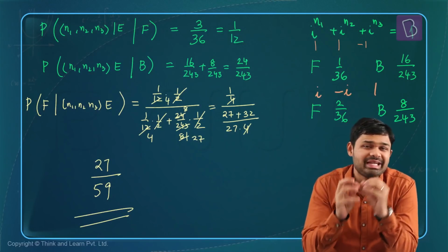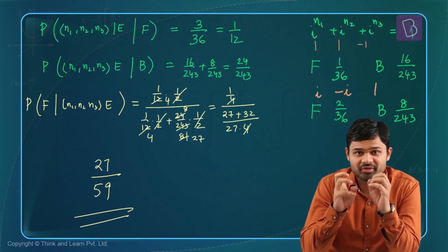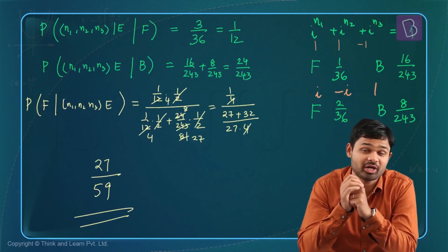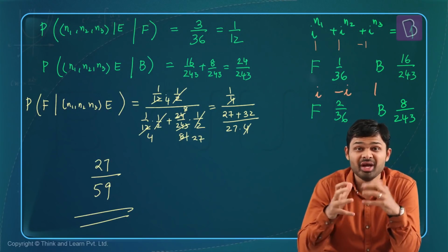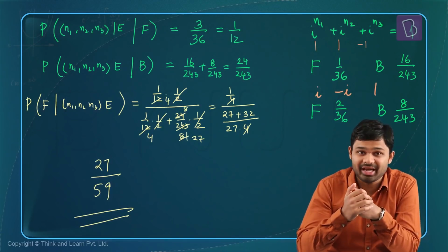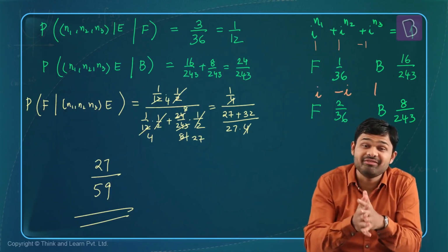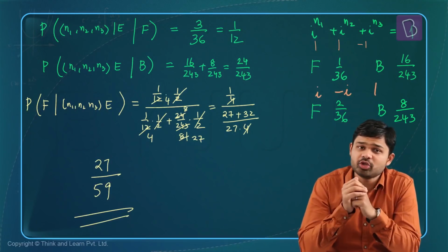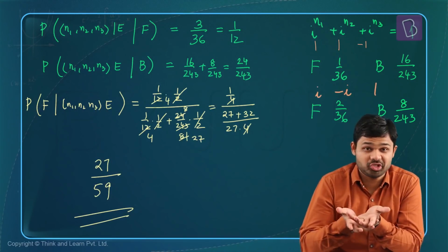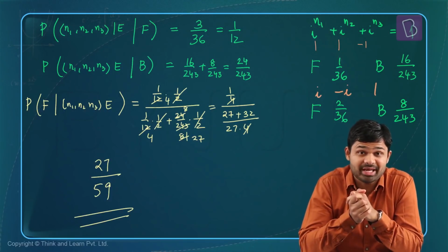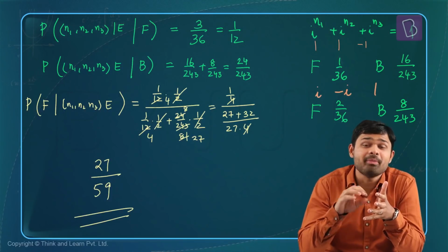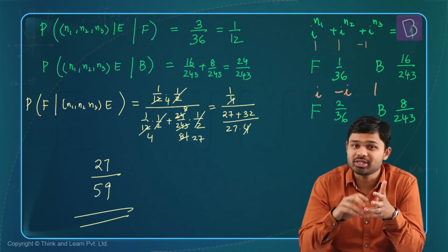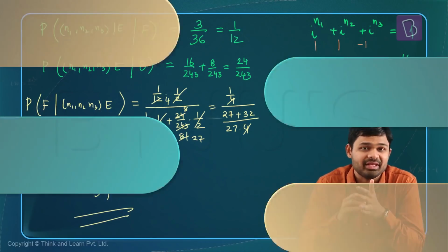A lot of intricate details were there in this question. There were concepts of permutations and combinations as well. Different cases had to be analyzed, and we actually had to deal with a biased die as well. So a very lengthy, convoluted question, and I just hope that such questions don't appear in your advanced examination, because it's challenging on multiple levels. It's challenging concept-wise, and it's also very lengthy.